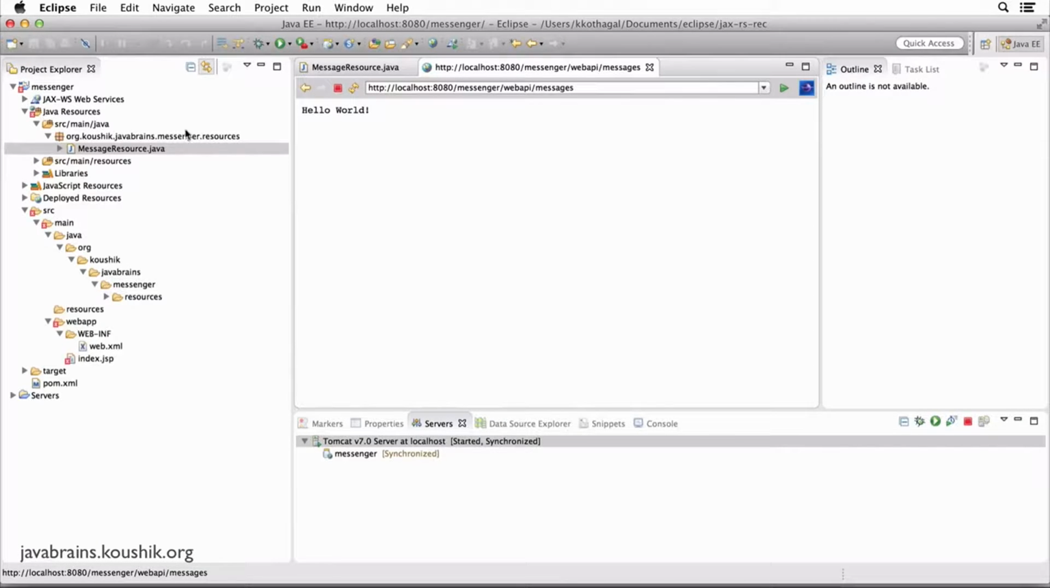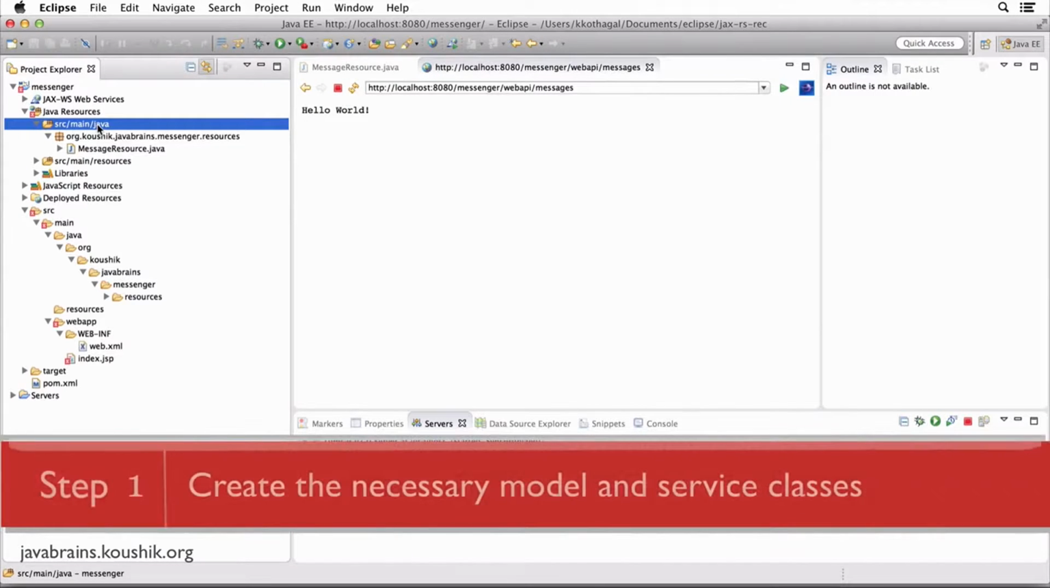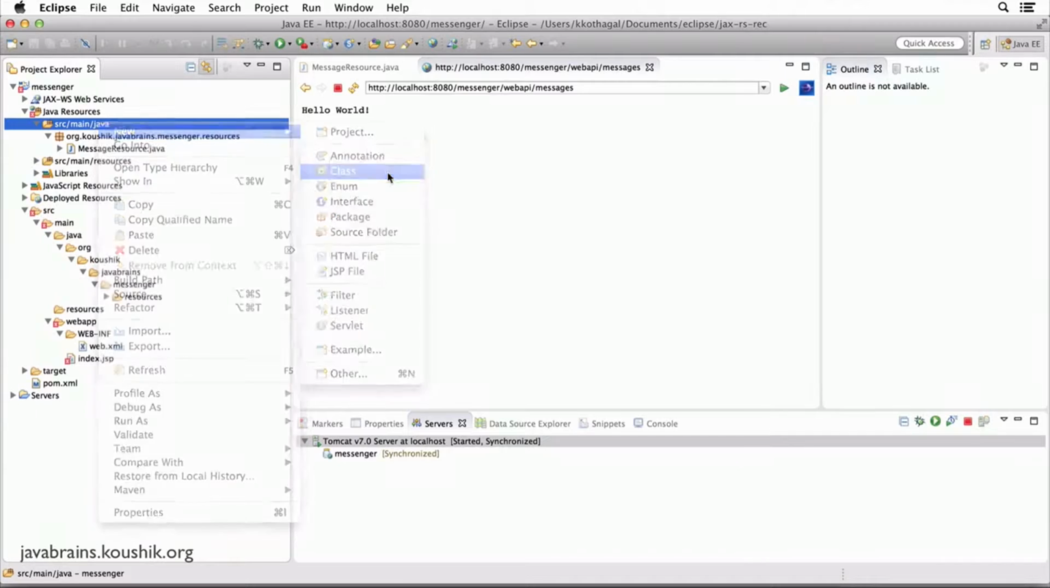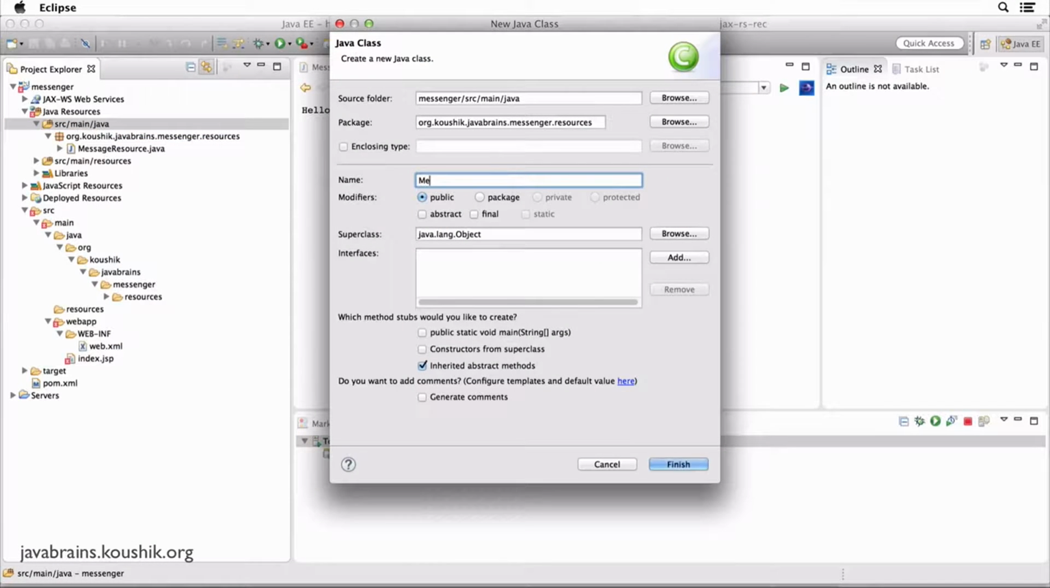Okay, so what I'm going to do is I'm going to create a bunch of classes, right? So the first thing I'm going to create is a model class, right? We need a message instance, and what we need to return is a list of such message instances, right? It's going to be a model object. So I'm going to create a new Java class called message, which is a single instance of a message, and I'm going to put this in the model package,